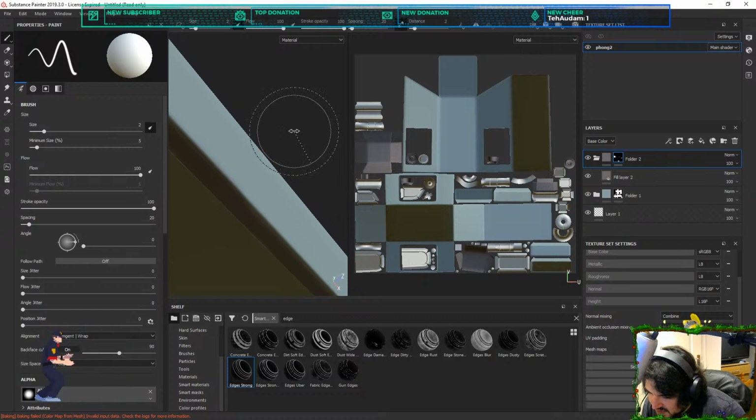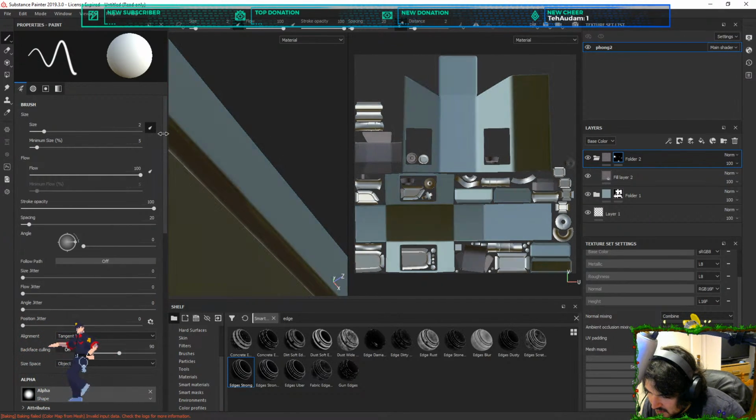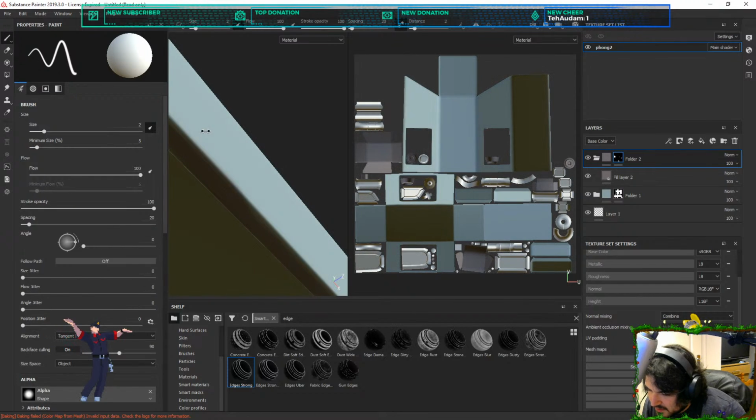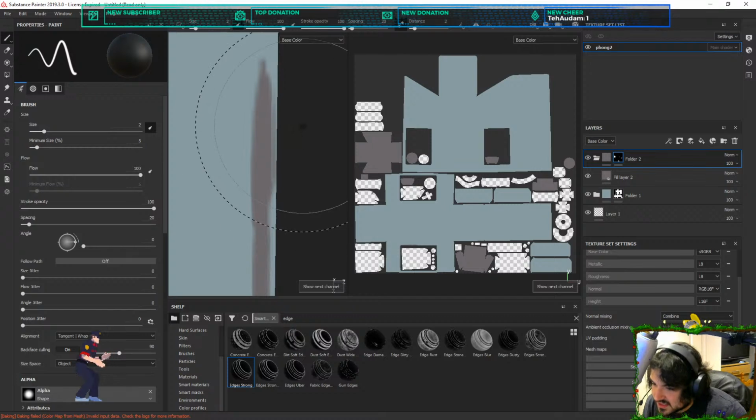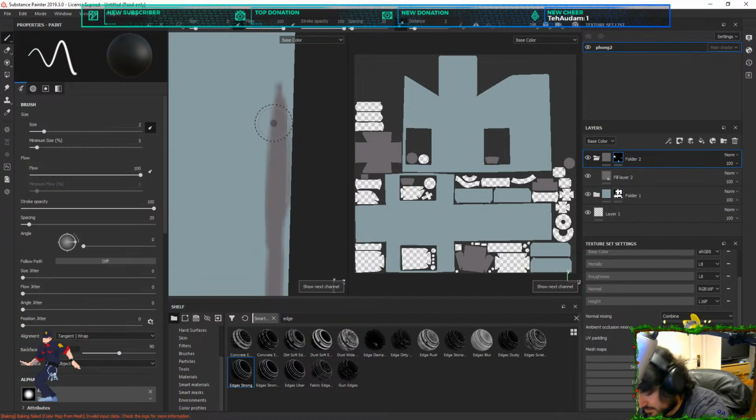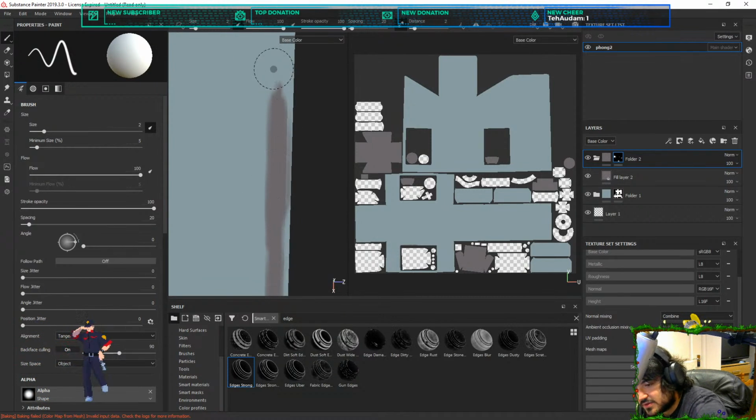Is there a way for me to change the lighting? No, not in the way I need it anyway. And instead we'll go X, nope, Z, Z, C. Okay. Oh yeah, X inverts.